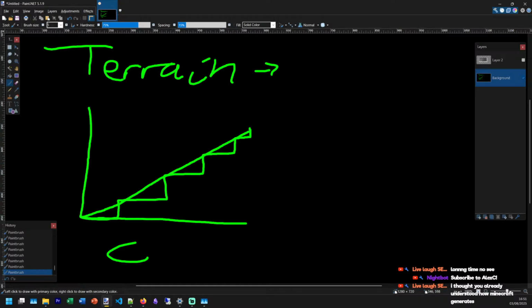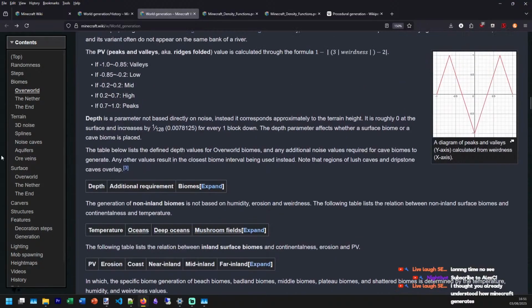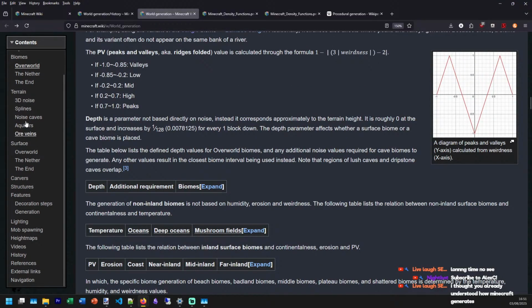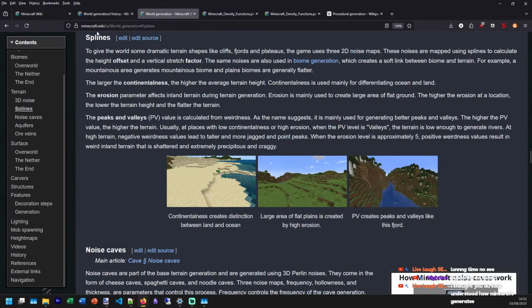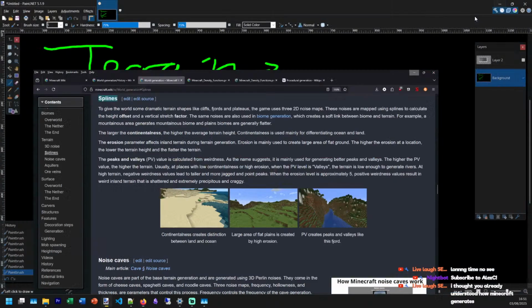But in a little while, we'll see that we've got some other stuff, because you wouldn't believe it, I actually have read this article before. I've been looking at this for hours upon end. So rather than just, you know, a straight line, we have these funky math things called splines.